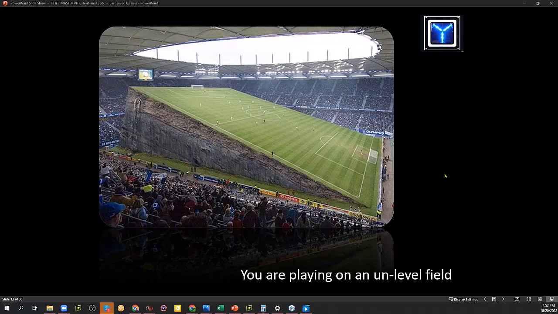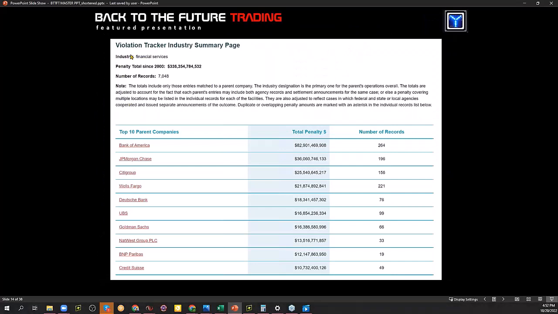It's insane. But it's not that insane because look at the violations. Look at the violations that these, I mean, these aren't even all. Yeah, these are banks from all over the world. It's mostly United States. What did Michael say the last webinar? What was it? Does anybody remember? It was like for every $2, I don't know, something like this. For every $2 that the banks make, they spend $1 in penalties, and the government doesn't mind because they'll get theirs, and then the banks just go back to doing what they're doing.